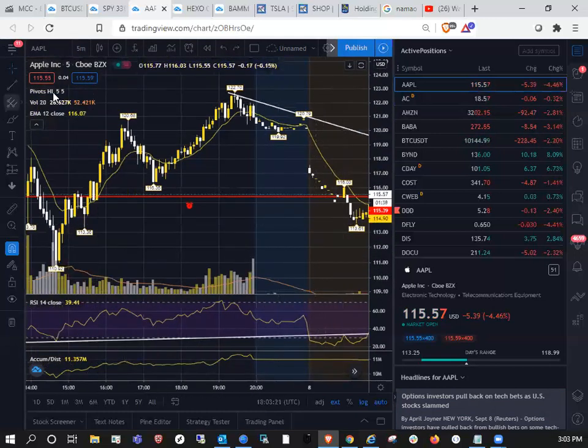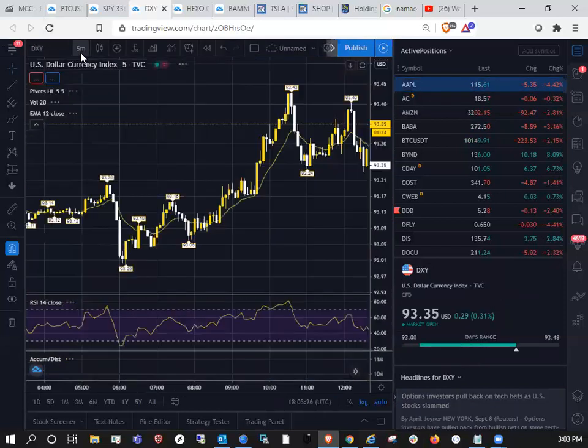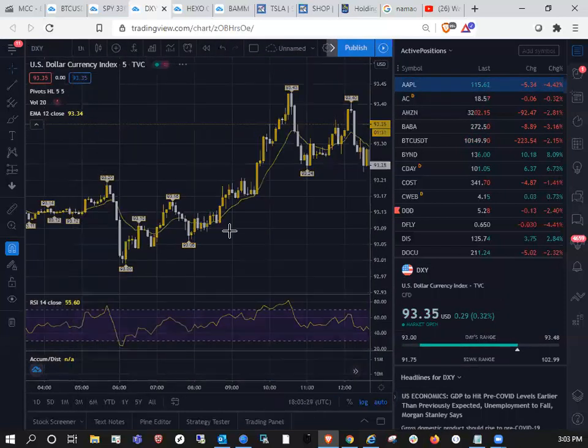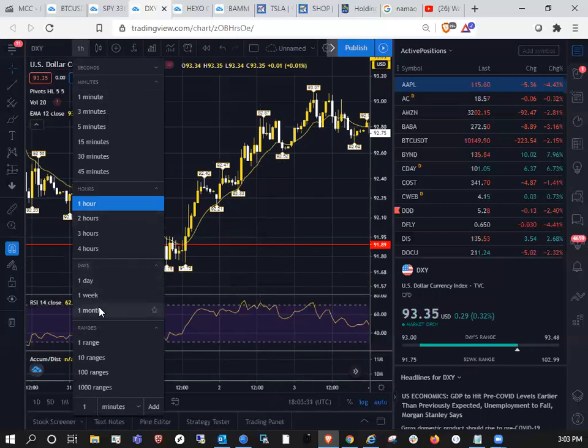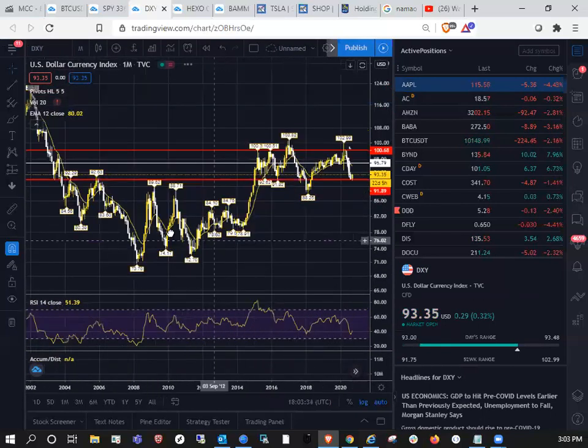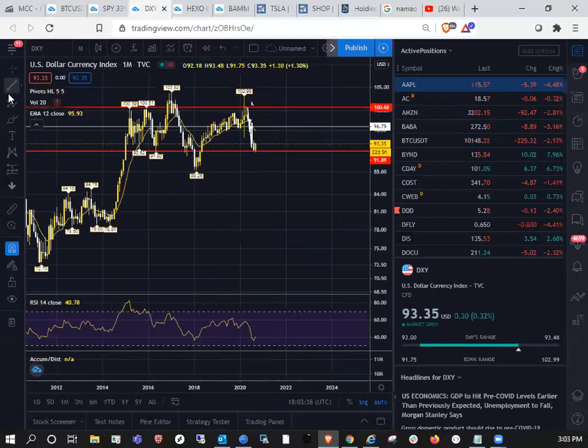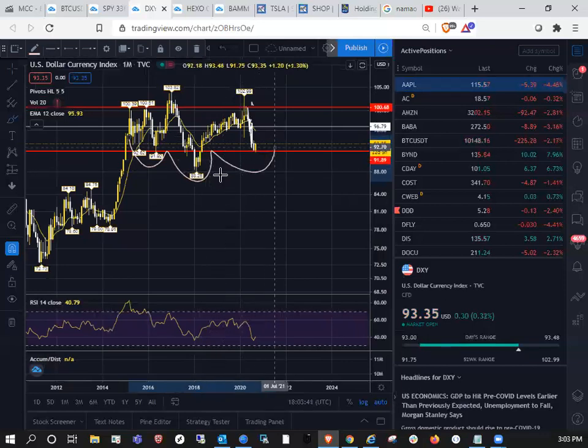And we'll take a look at the US dollar. So we have what's called a monthly inverse head and shoulders, which was forming. A monthly inverse head and shoulders is essentially, as it sounds, you have your left shoulder, your head, and then your right shoulder, and it's inverted. You've got your neckline here at the 100 level. So that basically means these patterns tend to break to the upside,